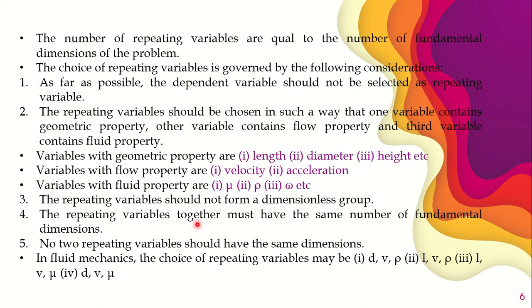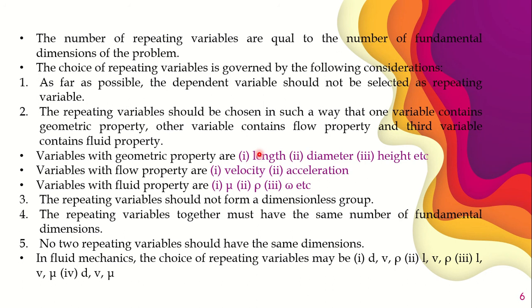You have to see very carefully that if one of the fundamental dimensions is missing in one variable, it will exist in another one also. For example, you have selected velocity. Okay, from flow property you have selected velocity. What is the dimensional formula of velocity? LT power minus 1. There is no M, correct? Then you have to see that in length. Now again you have selected a geometric property, length. What is the dimensional formula for length?